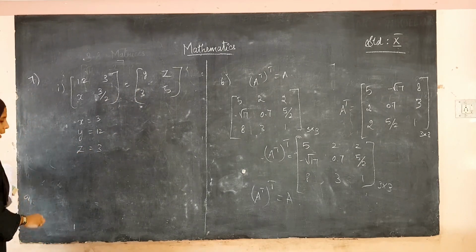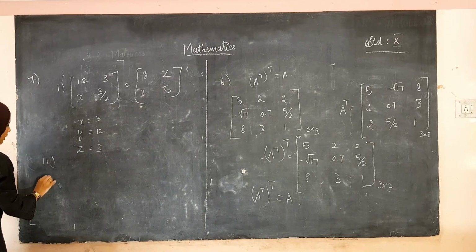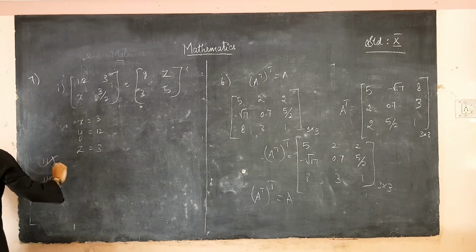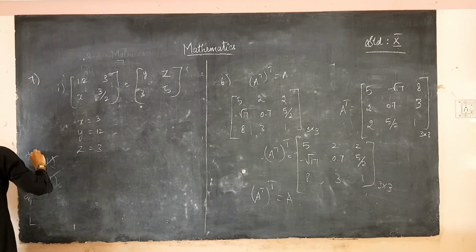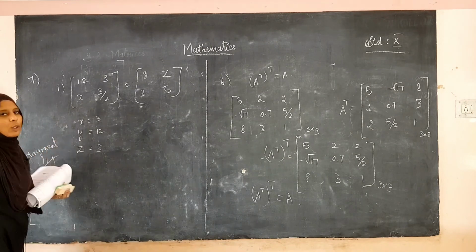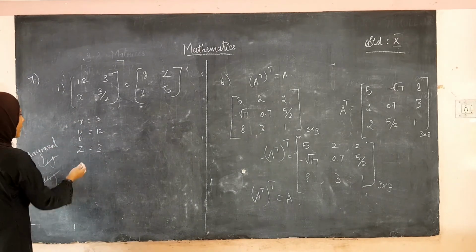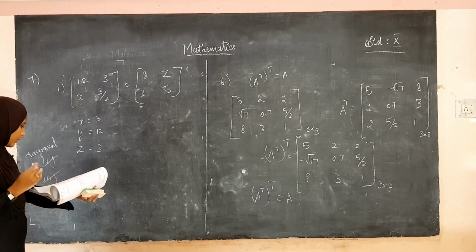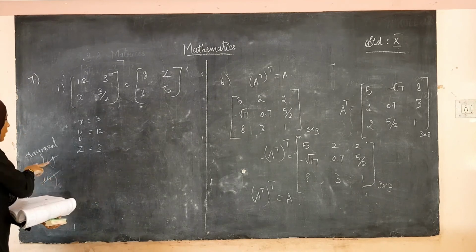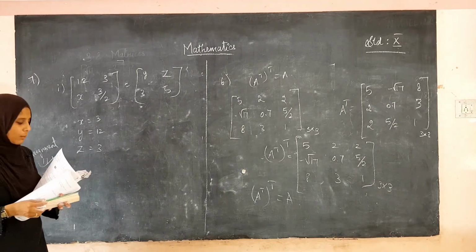Okay. See, still we have two subdivisions, 2 and 3. Similarly, this is assignment for you, you have to do like this. They have given the equal matrix. You have to equate the values and you have to find the values of x, y and z. So, totally 3 sums, the 4th sum and the 2 subdivisions in the 7th sum are the assignment for you.